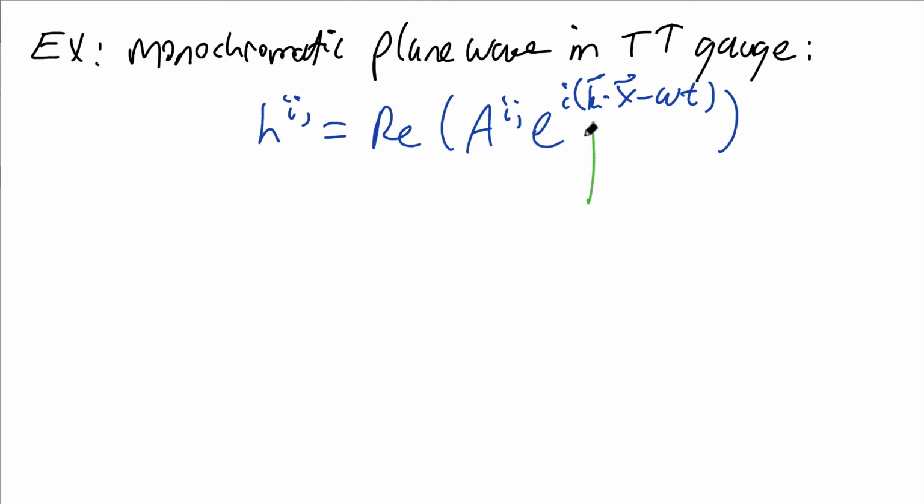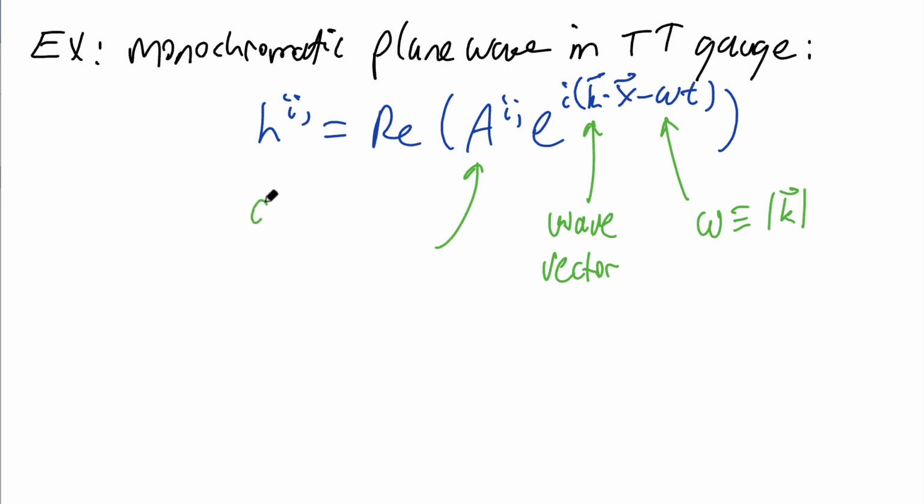Here, k is the wave vector, and x vector is just xyz. Omega is the magnitude of k, and Aij is the amplitude, which is transverse and trace-free. If we introduce an orthonormal basis,